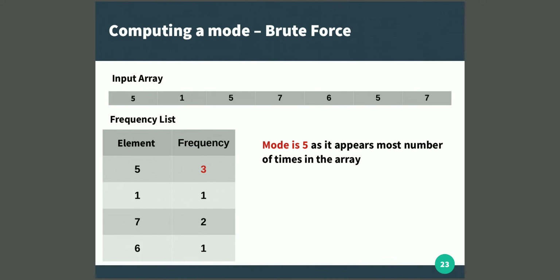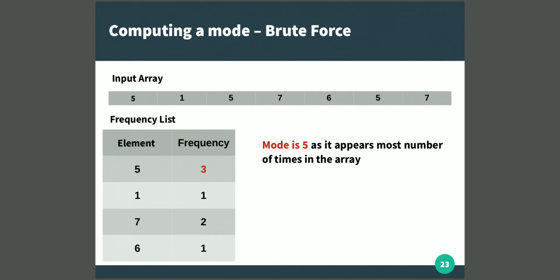Now we don't have any other values. Okay, we have exhausted the input array. We have the final frequency list, and we have to choose that element whose frequency is the largest. Going that way, we find that the element 5 has the highest frequency, which is 3. So which is the mode here? The mode for the given input array is 5, because it appears the most number of times in the array than any other element. Okay, so this is the brute force solution for finding the